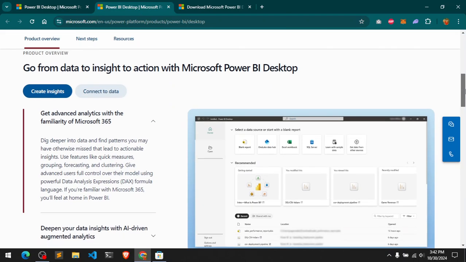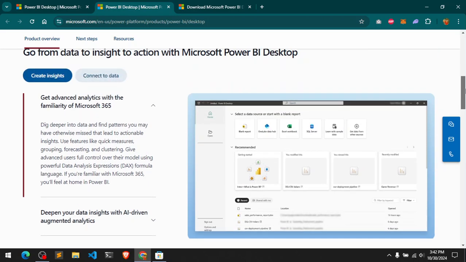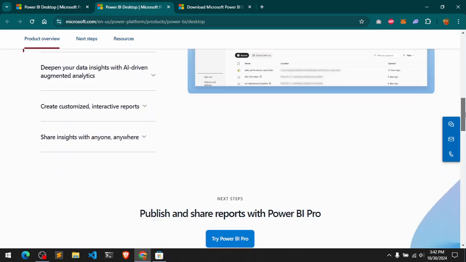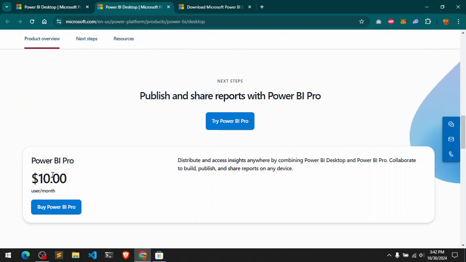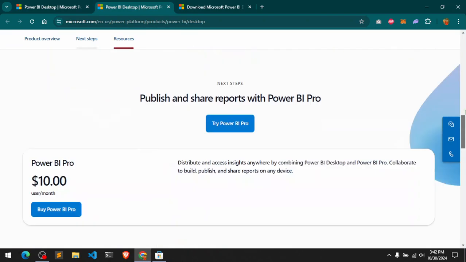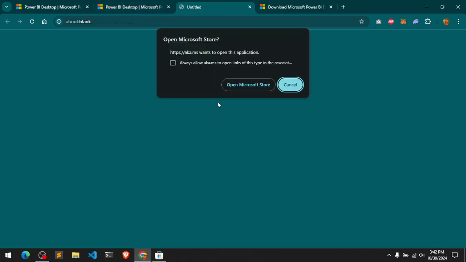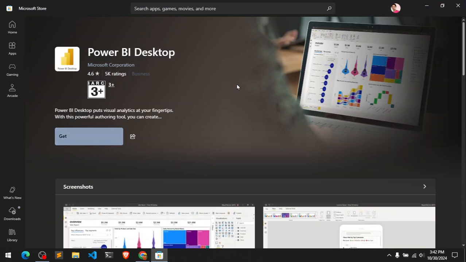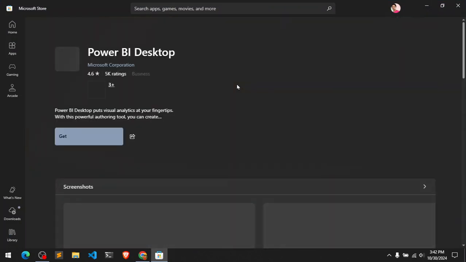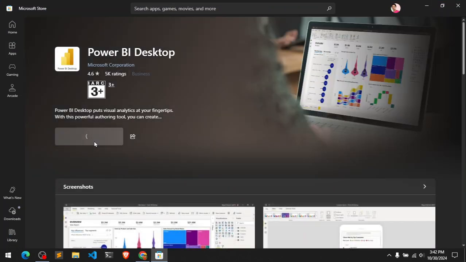There are two releases. One comes with 365 and also comes with this Power BI Pro. So you can choose your option and then click the download button that takes you to the Microsoft store. I'm going to get the free one. You can simply go ahead and click get, and you must be logged in to install it from your Microsoft